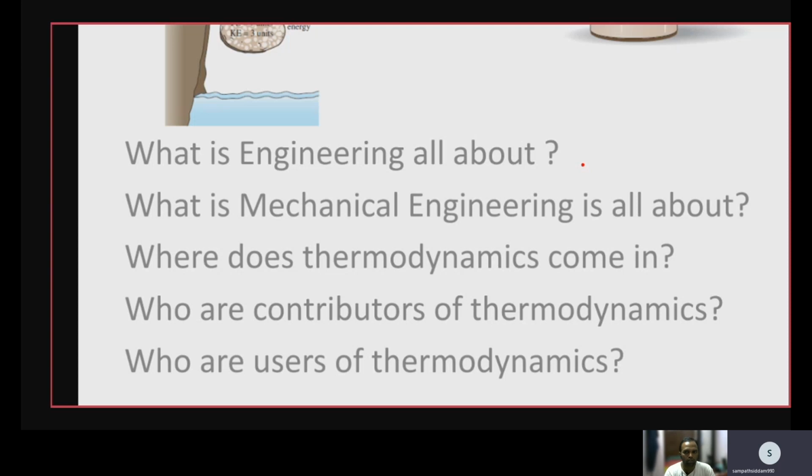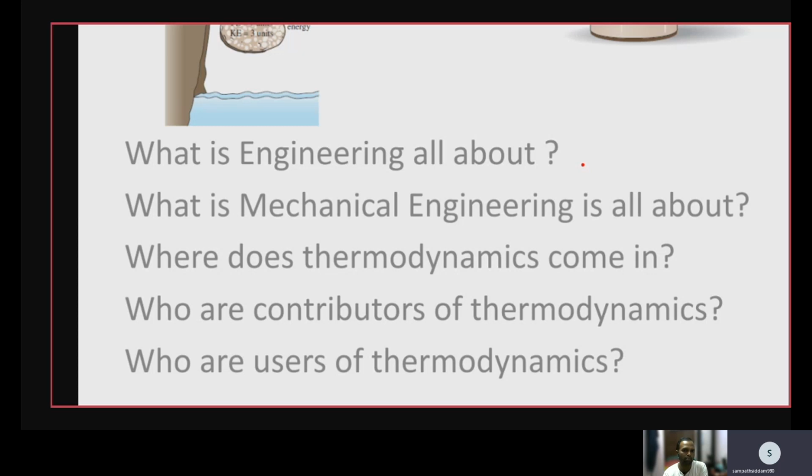Just as I told you in the previous classes, there are spontaneous processes that occur in nature. There are certain processes which occur in nature of their own accord, but all these physical processes do not occur at random or in any arbitrary way. There is a rhythm to all the physical processes which occur in nature.